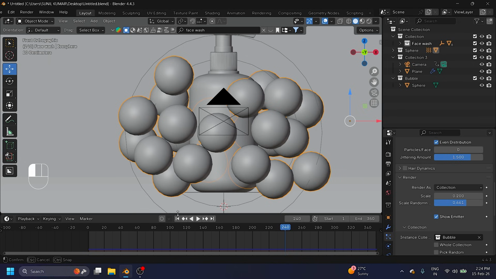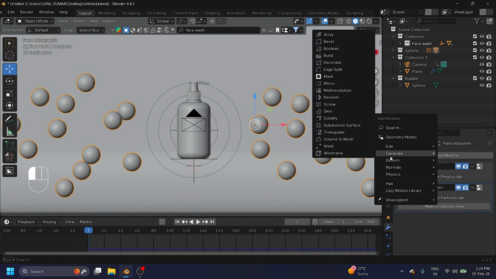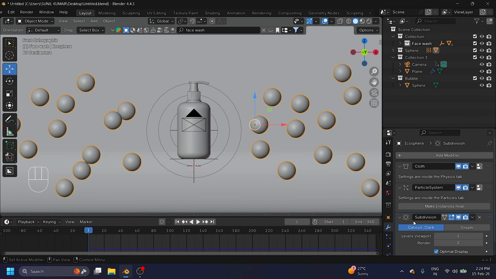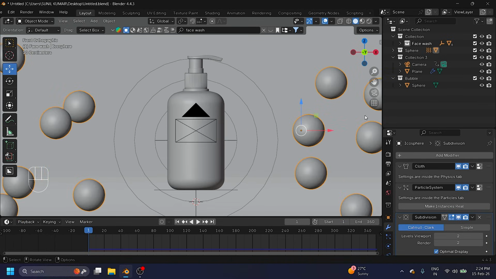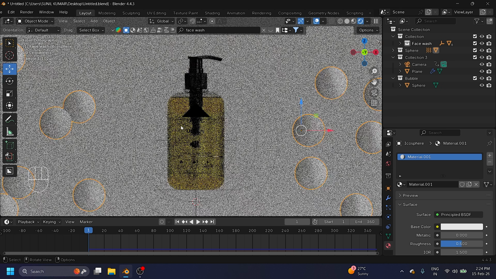So guys, for lighting and create simple particle, actually select this one sphere and this time I apply subdivision surface for more smoothness. Yes. And guys, level viewport 2 and 2. Yeah, perfect. Okay, so guys, next step, I create this time material. So select and guys, use base color. Guys, this is my render preview.